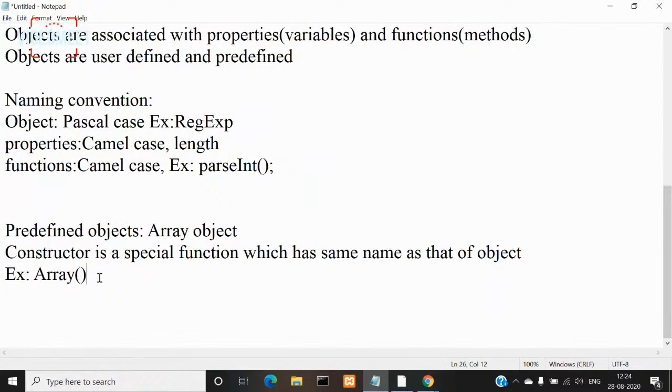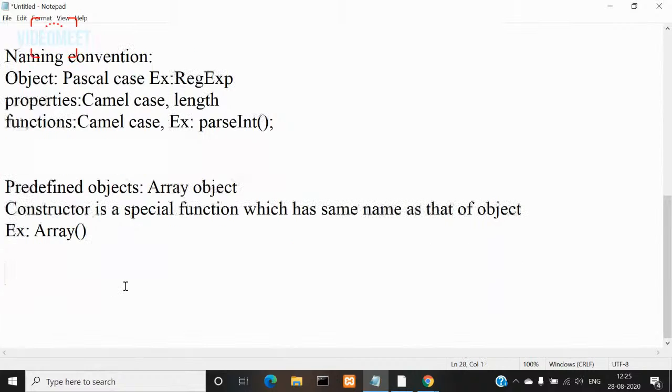If a function is associated with an object, or if that function is defined within that object, then we call that function using that object name dot function. Similarly, property name also, object name dot property name. In that way, you're going to access. Fine. So you have the array object, and that object has a constructor, the array function constructor. If you want to create an array using the predefined array object, then the syntax you need to follow is